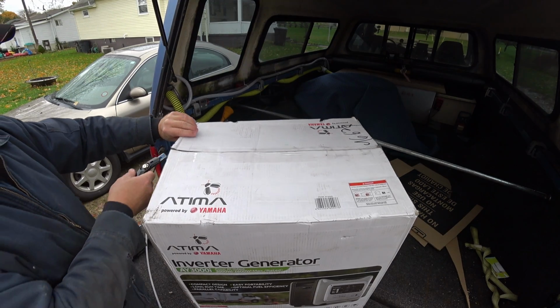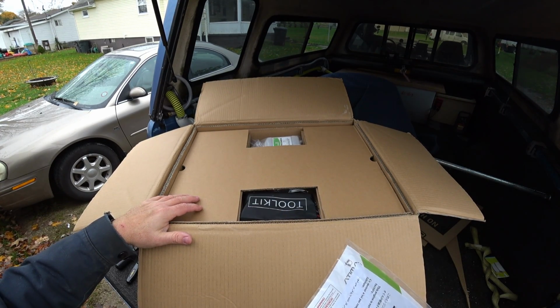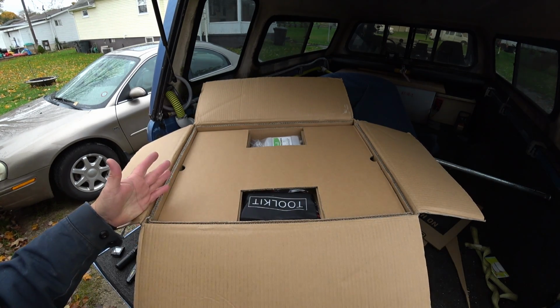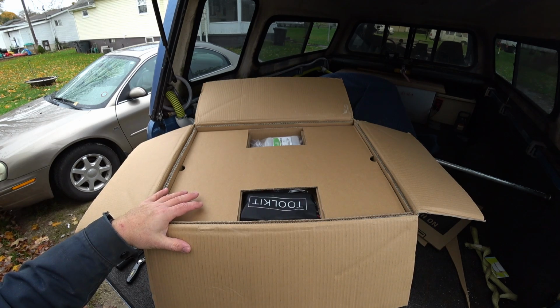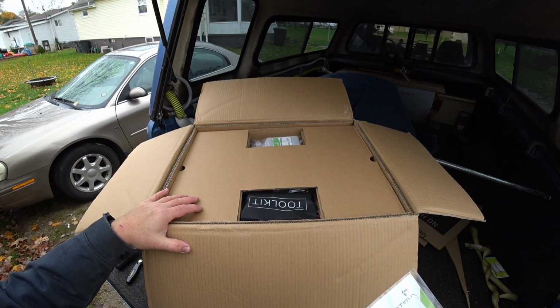On the generator themselves. All right, first thing you're going to come across is the instructions. And one thing I want to point out is, as far as this coming from China, yes, it does come from China. However, all the design and everything's done in Japan. I don't know why that seems to make a difference to people at this point, other than what happened years ago